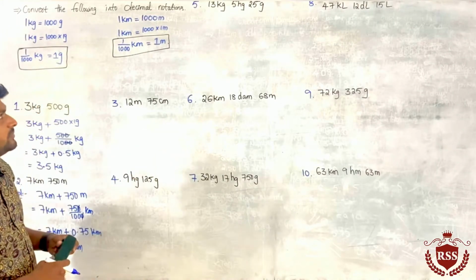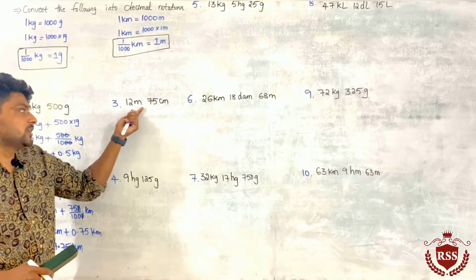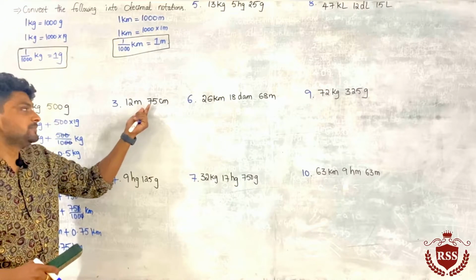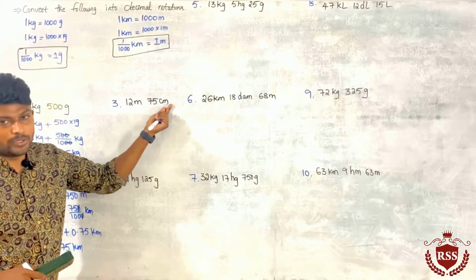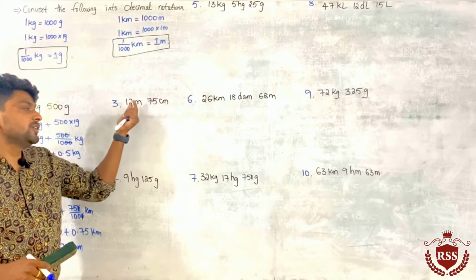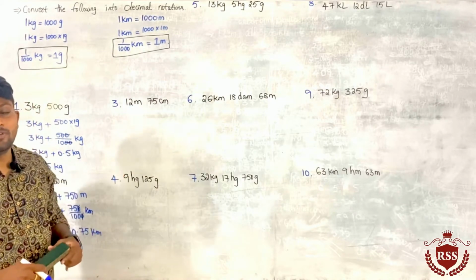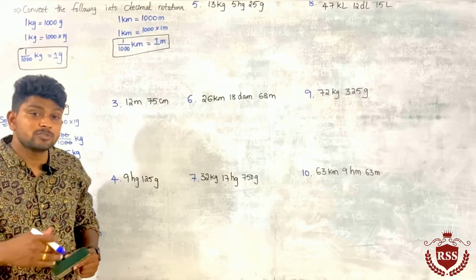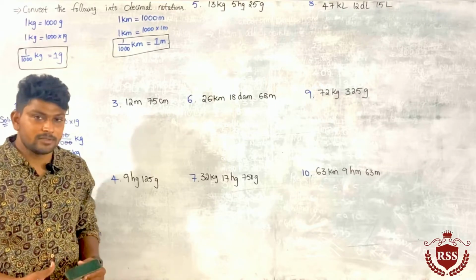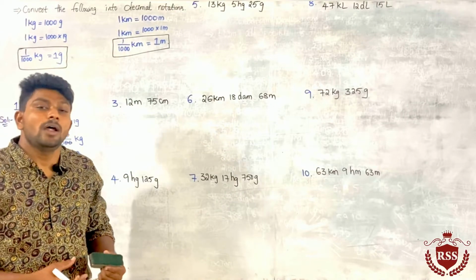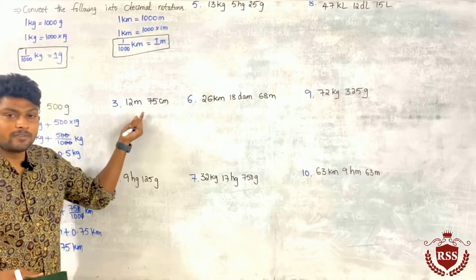Now look here, meters will be converted into centimeters. So how does meter get converted into centimeters? What is the maximum unit in the given question? Meters. And centimeters is the smaller unit. Smaller units are converted into maximum units, so we have to reverse that. What is the value of 1 meter in terms of centimeters? 1 meter equals 100 centimeters, right? So that's why centimeters will be converted into meters.